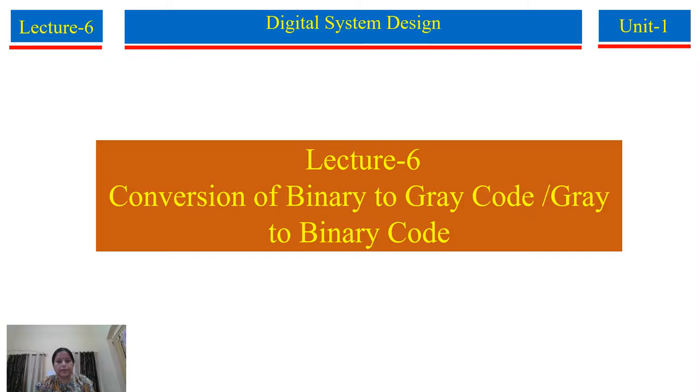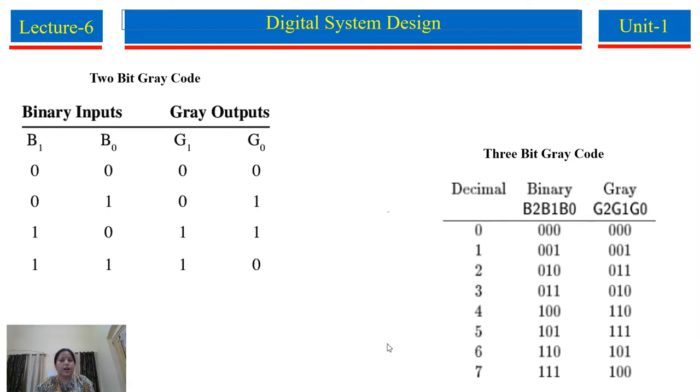Good morning, students. Today I am going to discuss how we convert any binary number into gray code or any gray code into binary. In my previous lecture, I discussed the XS3 code, binary coded decimal code, and gave a brief idea about the gray code. So in today's lecture, first of all, I explain how we write gray code for a 2-bit number.